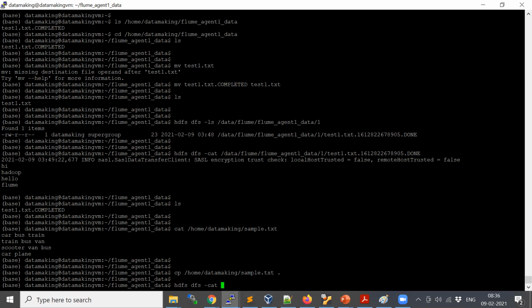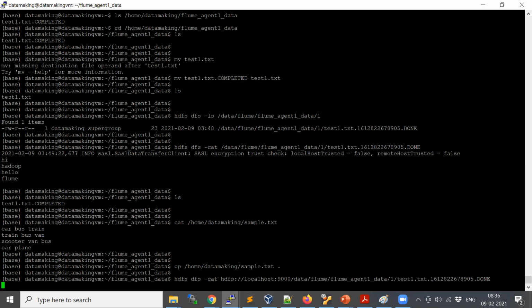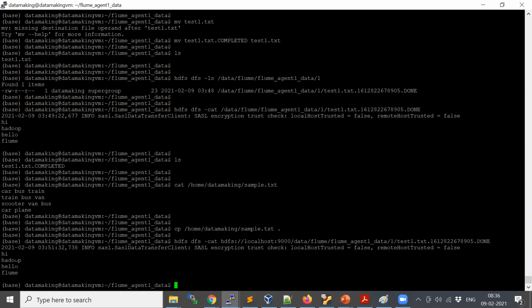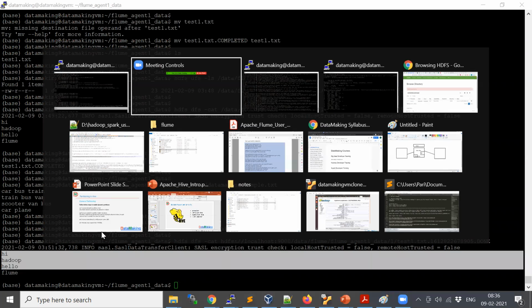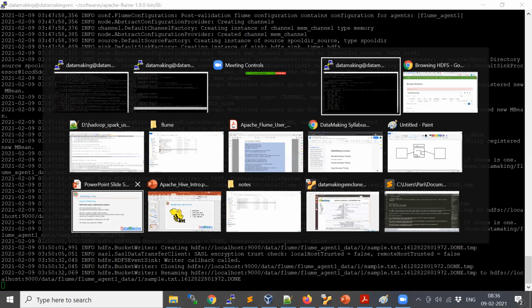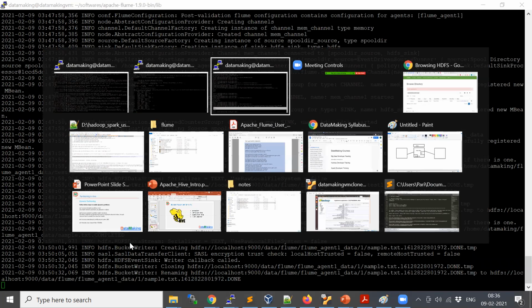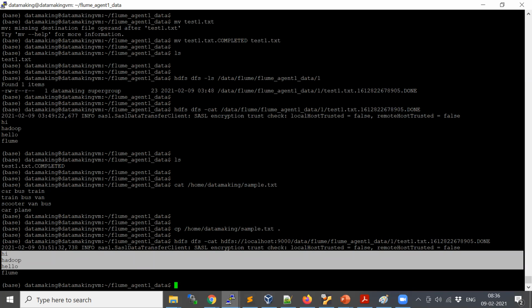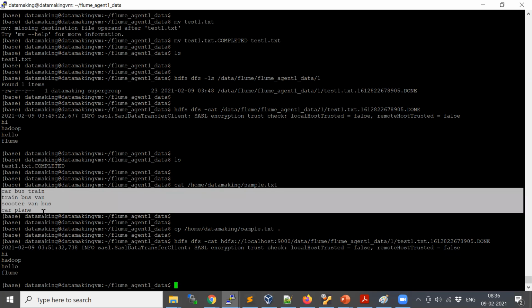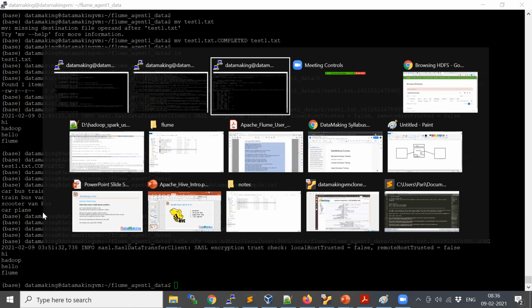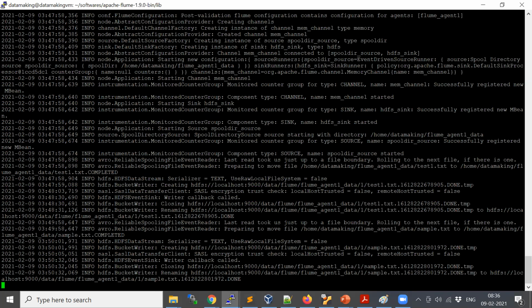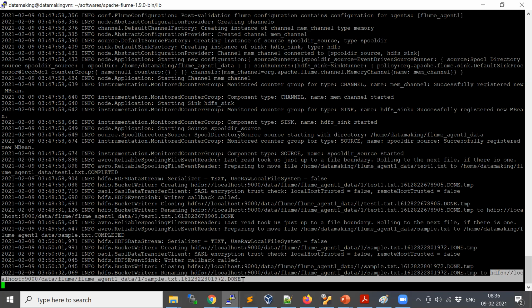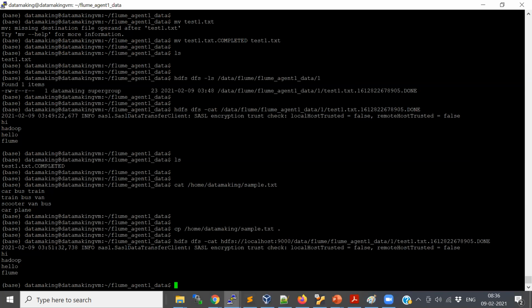Okay. Hyphen cat. This is actually the first file which I placed. This data is loaded in HDFS, and I also placed another file, which is sample.txt, which has our word count program sample: car bus bus. So this is also written into HDFS in this directory. You can give the full path also. Again, HDFS dfs cat of